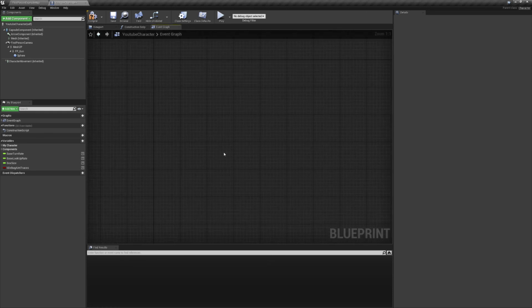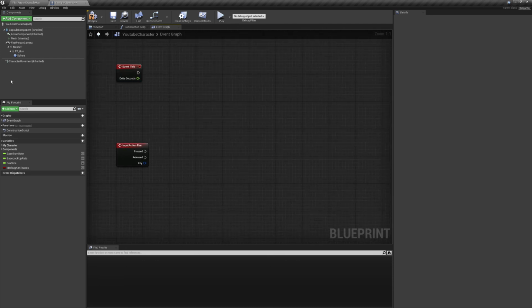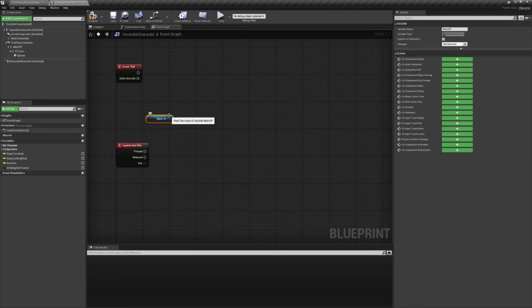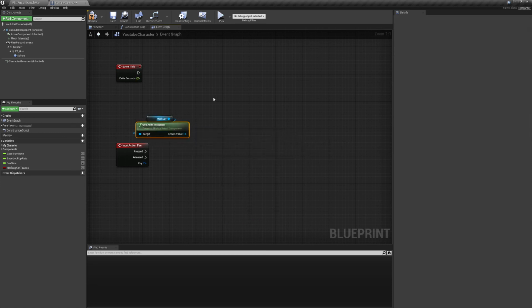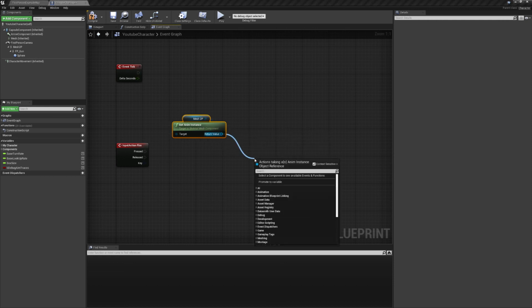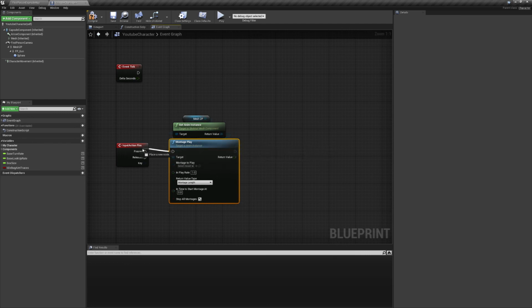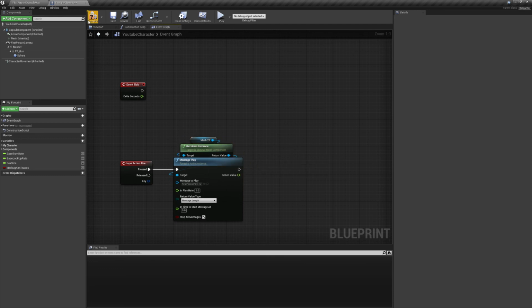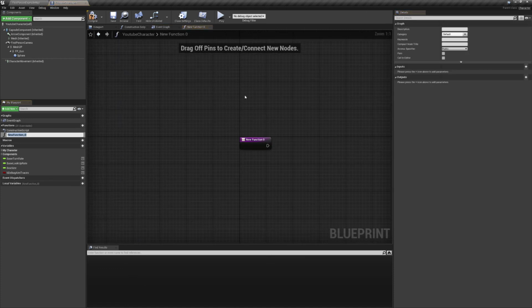All right, and next we're going to add our fire input, and we're going to add tick. Here we're going to drag in our mesh 2p, which is our arms, get anim instance, which is the animation system, and then do montage play. This is what the template project does, just so we can have something happen. All right, compile, save, and we're going to add two functions, trace from camera,